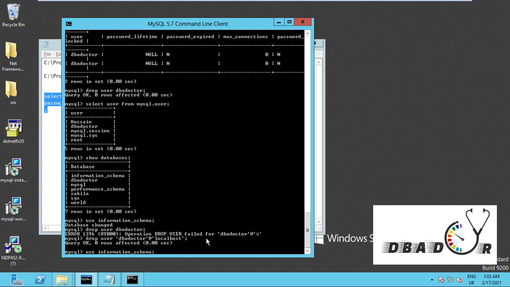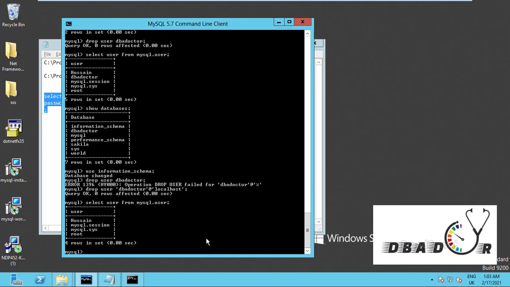Okay, you can see how we have created the database, created the table, how we have monitored, how we can alter the table, and how we have inserted the record. So in the next topic we are going to cover how to take a backup and how to restore the database backup using the MySQL command line.